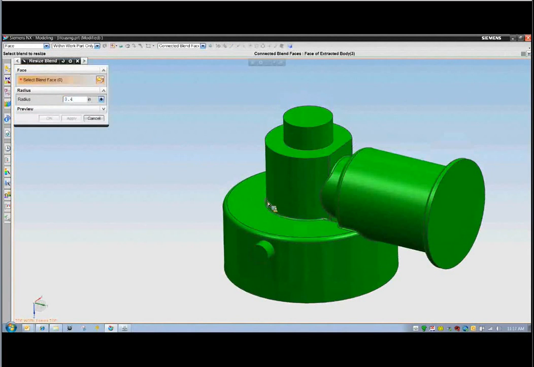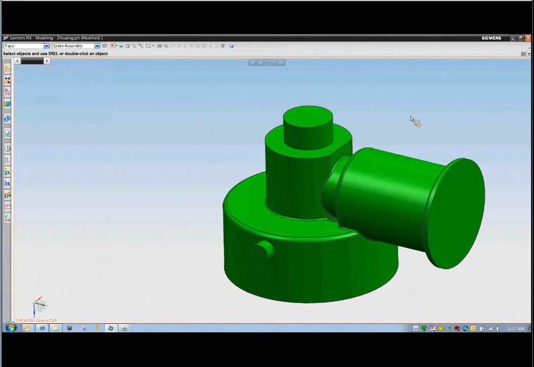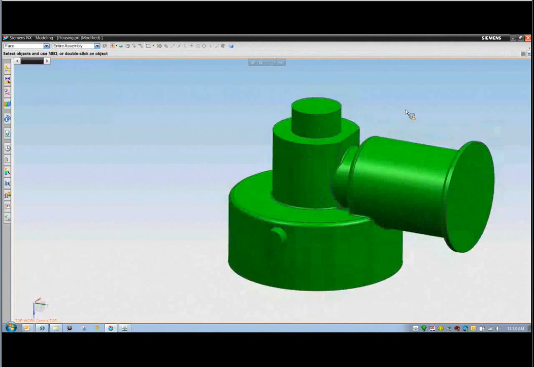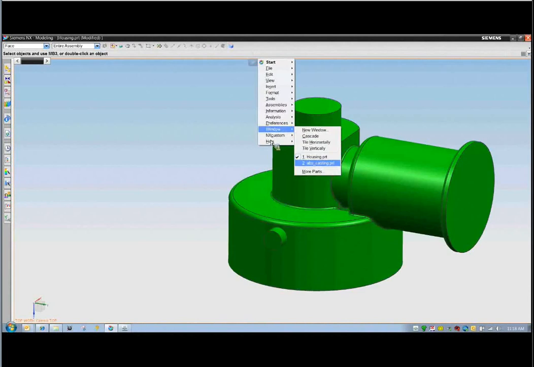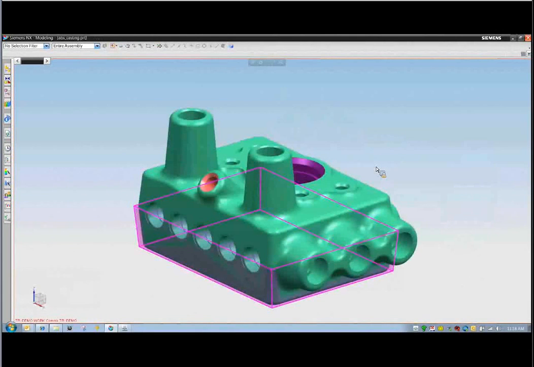Let's do another edit here. Let's resize these blends, and let's do a 0.1. Make this a little bit larger here, so we can edit these. Now, even though this is a real-world part, this was a fairly simple model. So let's go and take a look at a more complex model. I have here an analog braking system,